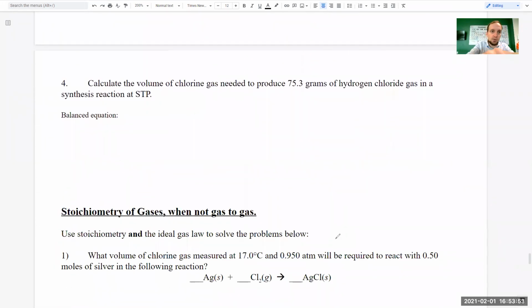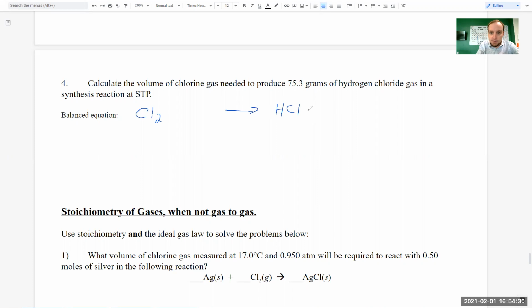All right, so number 4, what we have here is we're to calculate the volume of chlorine gas needed to produce 75.3 grams of hydrogen chloride in a synthesis reaction at STP. Ooh, okay, so they're just trying to make this a little harder for us, aren't they? So we're going to have a synthesis reaction of chlorine gas to produce hydrogen chloride